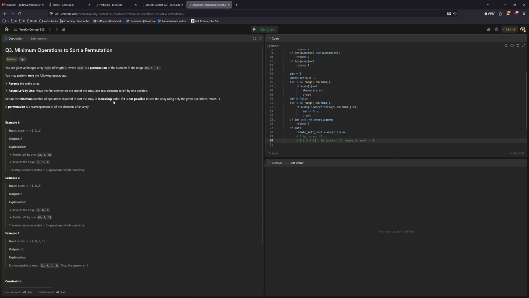hold on. Let me make sure I don't have this backwards. Rotate left 1, so boom. And we don't want to do that. We want to flip it first, then rotate, then flip it back. Okay? So it's going to be, I